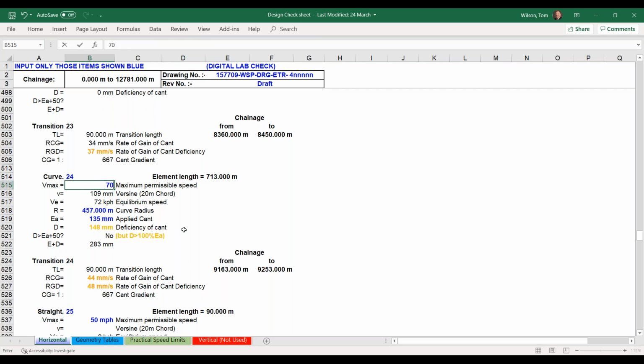If I tried to get 70 miles an hour out of it, immediately my E plus D goes up above 300, and the most you can apply in these two values is 150 either side, and that's the absolute max. But again, with 193 of deficiency, you're getting rates of gain of cant deficiency on this that are way above normal. Okay, so that's a tool that we use to optioneer and